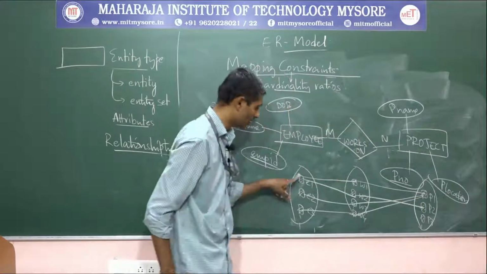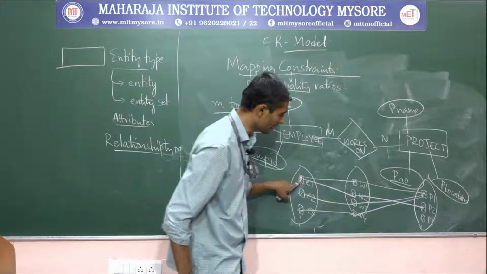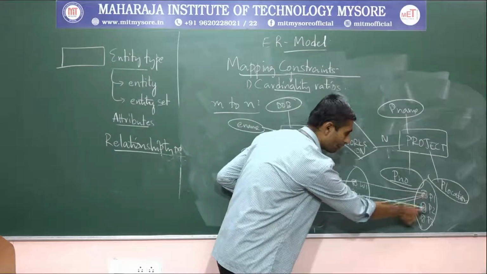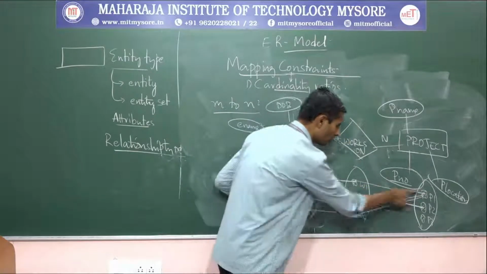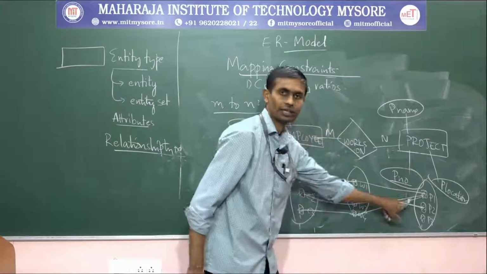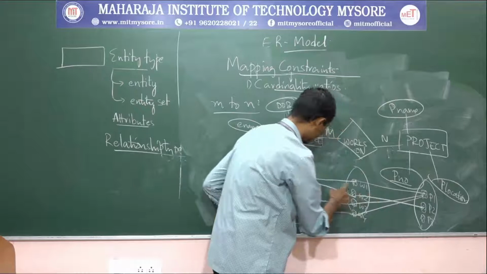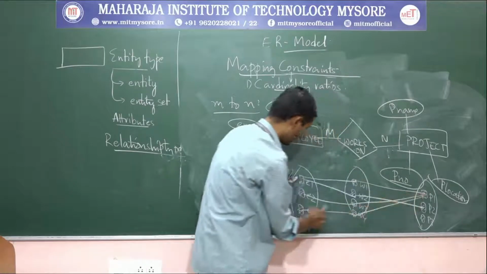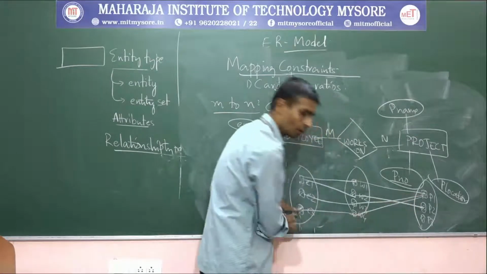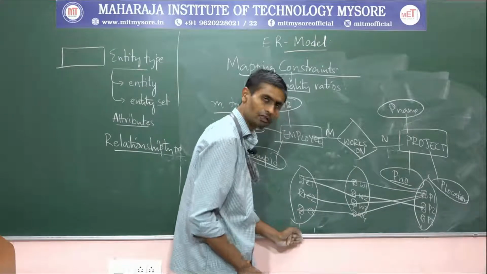What does it show, guys, look at this one. One employee, one instance connected with what? More than P1 and P2. One connected with more than one instance of another entity type. So for that, one to many from this end. And look at this one, P1 connected with what? E1, P1 connected with E2, and P1 connected with E3. We could have n number of instances.